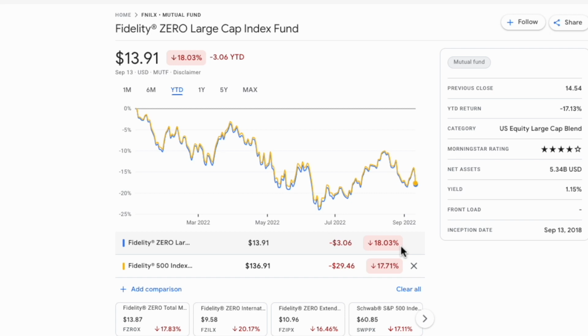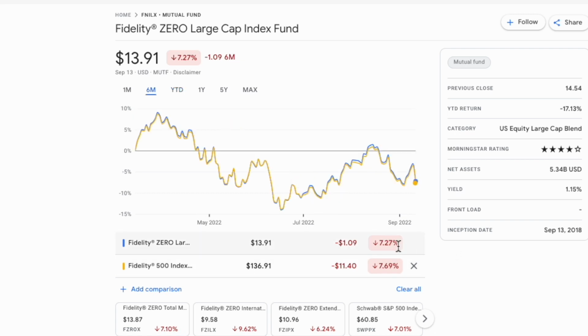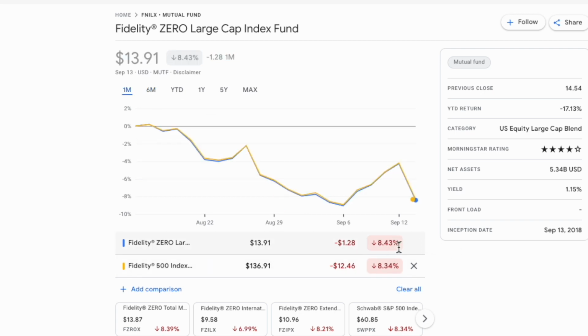Year to date, the Fidelity Zero Fund is down 18.03%, and the Fidelity 500 Index is down 17.71%. In terms of 6-month performance, the Fidelity Zero is only down 7.27%, and the Fidelity 500 Index is down 7.69%. And in terms of 1-month performance, the Fidelity Zero Fund is down 8.43%, and the Fidelity 500 Index is down